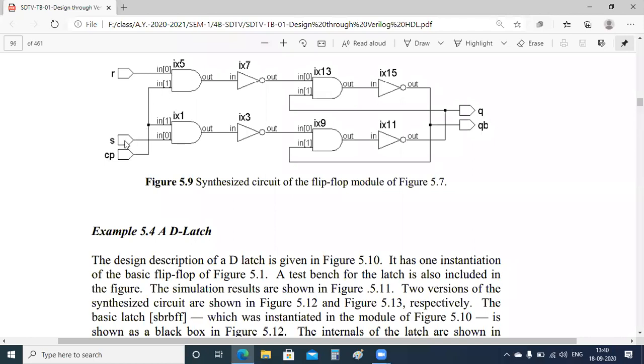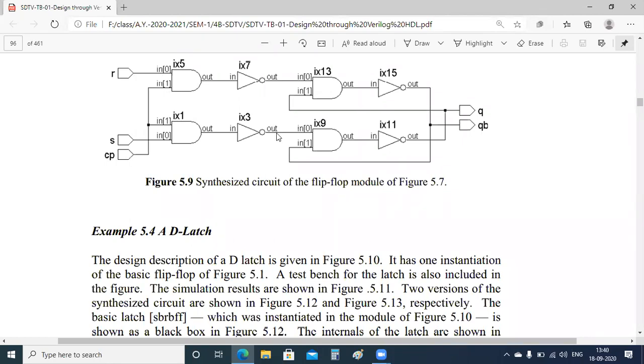This is the CP, the clock pulse, and the other one is R. R is the one here, right? So the output I get from this NAND gate, at this point, I write as RR, and the output I get here, I will write as SS.